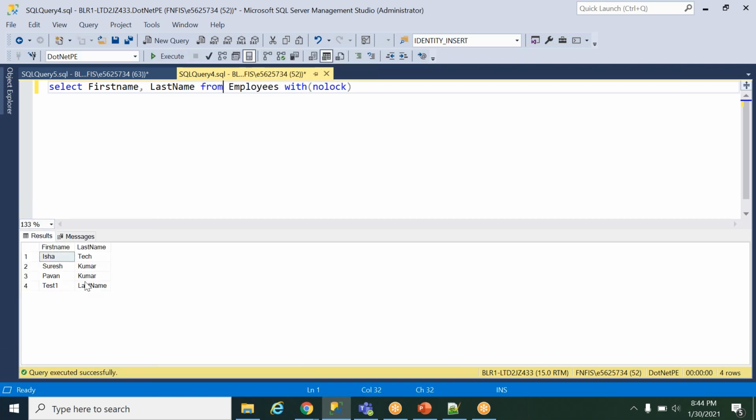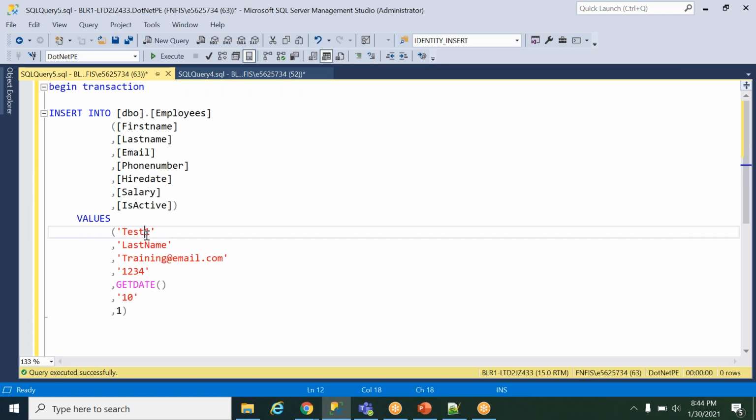There are some details. We got it, right? Because now even it is fetching the previous data, which is not yet committed, right? Correct. Okay, even though this is okay, now what I'm doing is rollback.